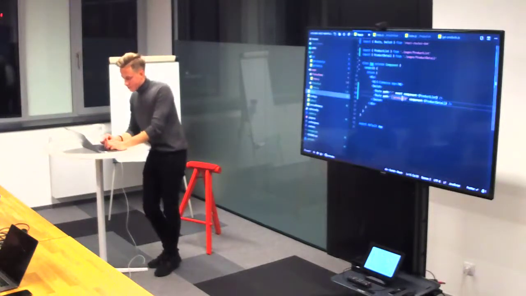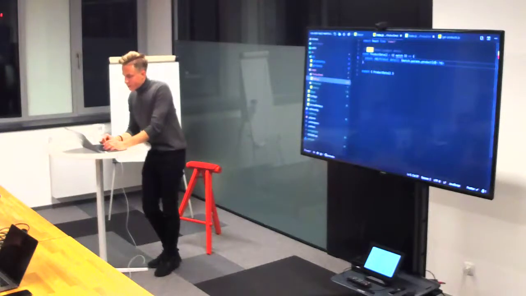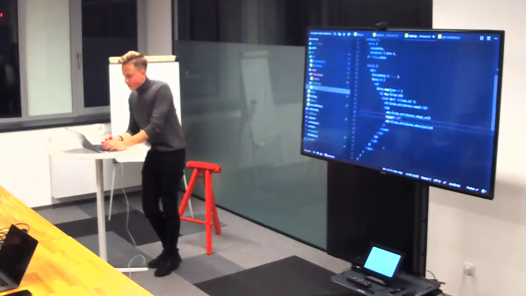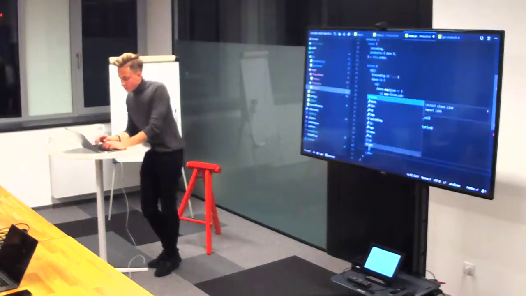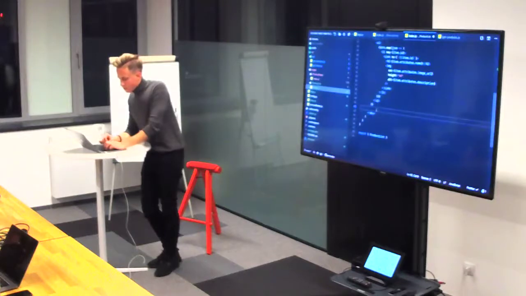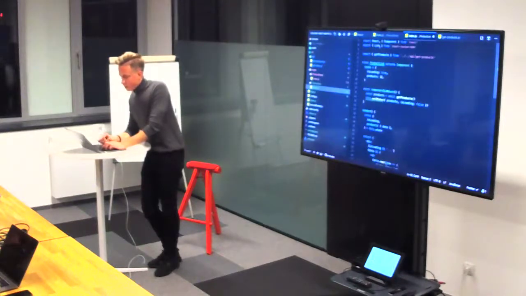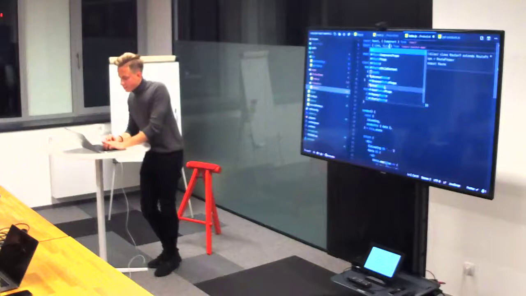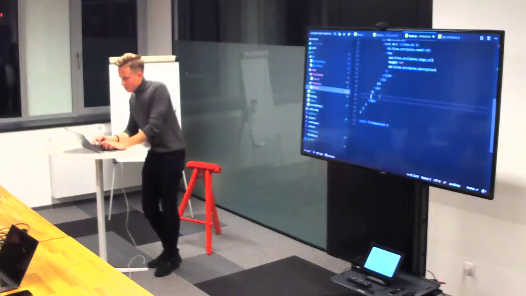But if this team needs to render something differently on each route, what can it do? So, of course, what they can do is they just import, for example, route and use it as they need. So, for example, if they go here, they can use different